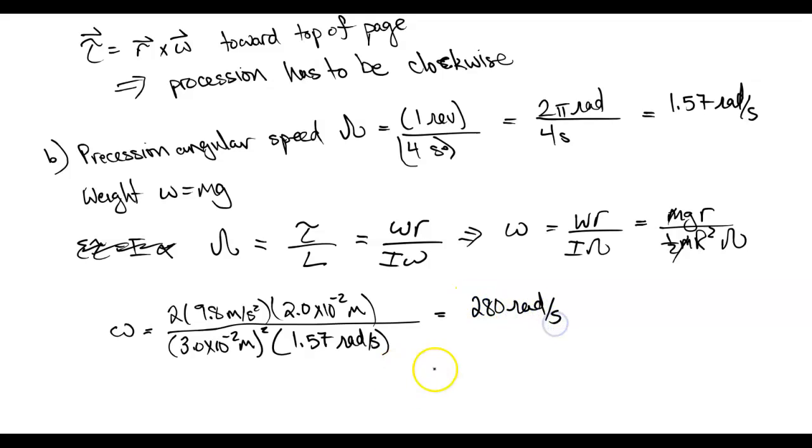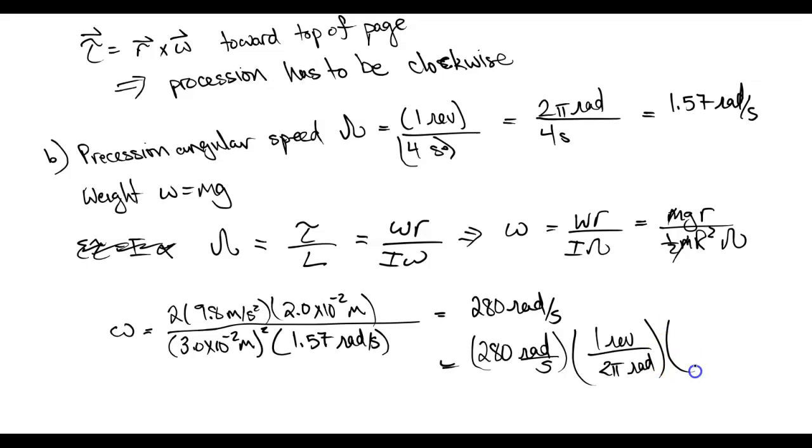radians per second, which if we want to change to revolutions, multiply that by 2 pi radians for 1 revolution. Multiply this by 16